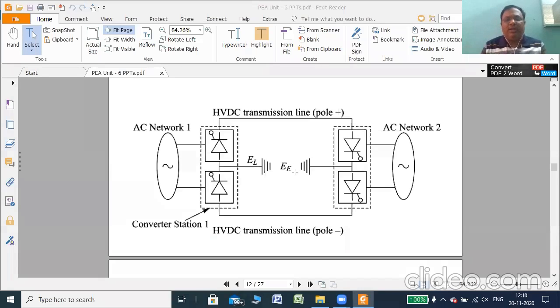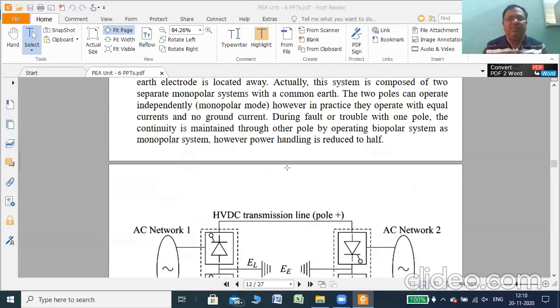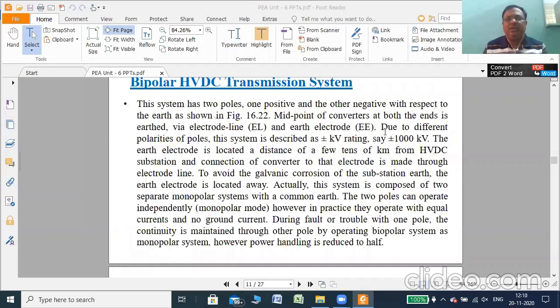Okay, so the return conductor is normally placed away from the station, at a distance of 100 meter to 1 kilometer, and in this system, you can see here, due to the different